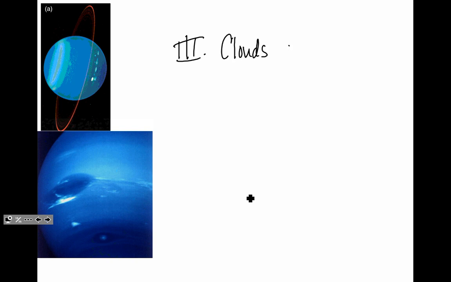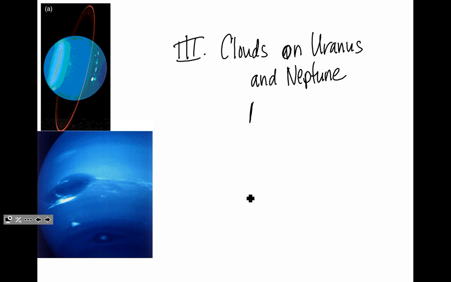And last but not least, we do see clouds and storms sometimes as well on Uranus and Neptune. Uranus is a little more rare, but we see them occasionally. So pictures here, Uranus is on the top, Neptune is on the bottom. This picture of Uranus